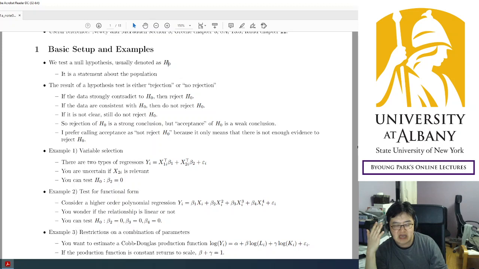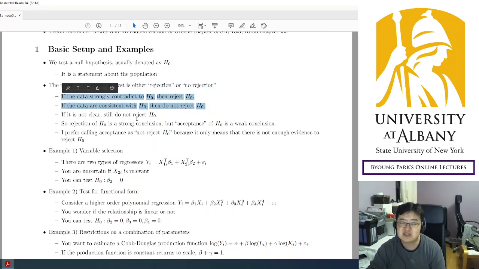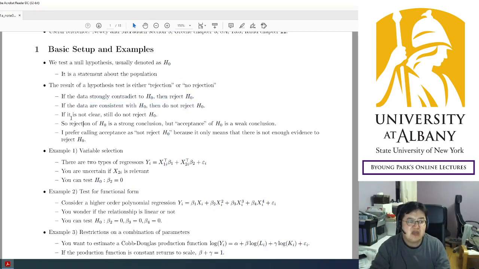You are asking whether my hypothesis is correct or not. And then, in the end, if the data strongly contradicts your hypothesis, then you reject. And if the data are consistent with your hypothesis, of course you do not reject. So these two cases are obvious decisions. But the problem is there is a gray area. It is uncertain whether the data is a little bit different from the hypothesis, but not much different. How can we decide? Then